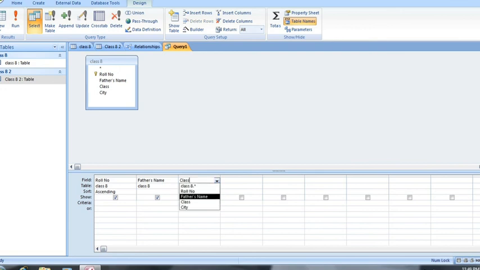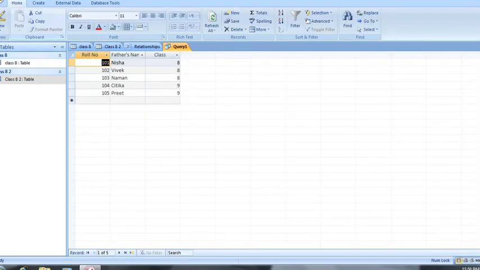Just choose the class, and remove right here class 8 and class 9. Then both class 8 and class 9 results will appear. Once I click on this run button, you will see the result at the time of execution. See, class, roll number and the father's name will appear.